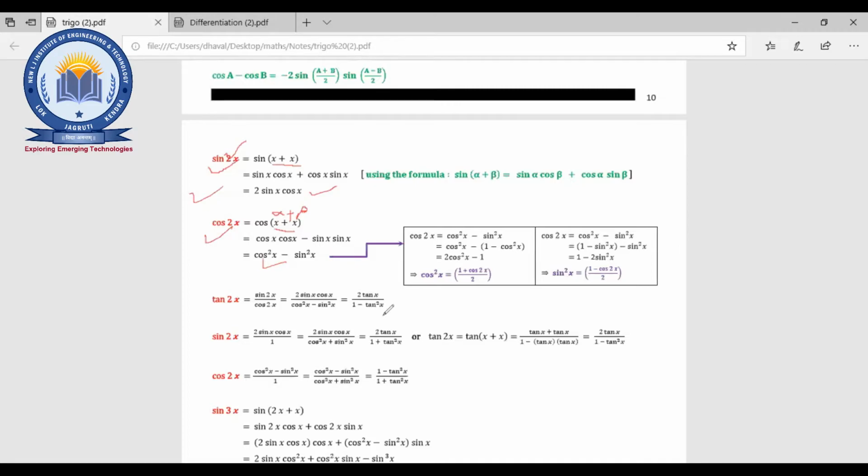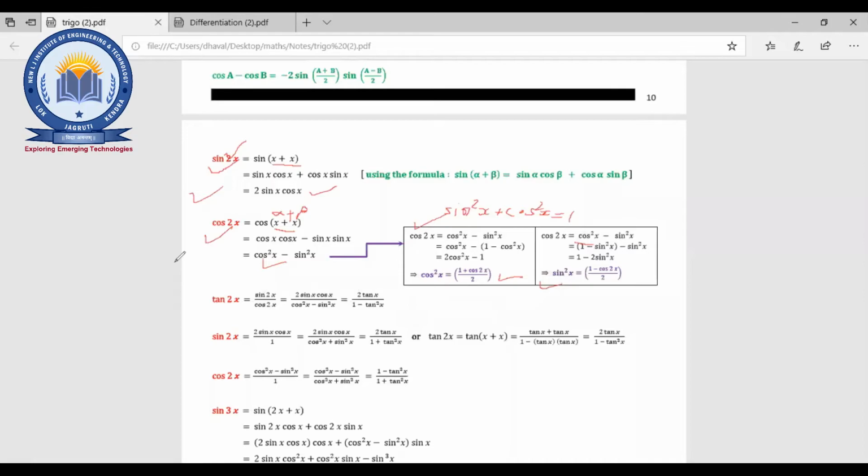Fine. Now, another way it can be written, this cos 2x, right? Cos 2x equals cos square minus sin square. This is from the basic one. Now, instead of sin square, we know that sin square x plus cos square x equals 1. So you can replace this value. Sin square equals 1 minus cos square. And again, you can simplify it to this one. The other way is you can replace cos square instead of sin square here. So you will get another answer. Fine. So these are all useful.